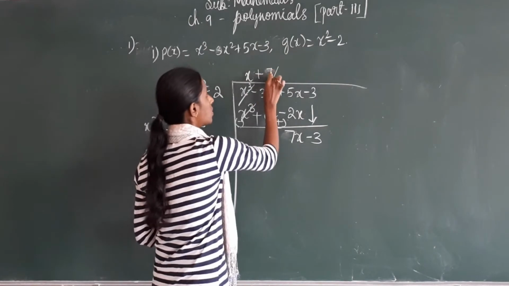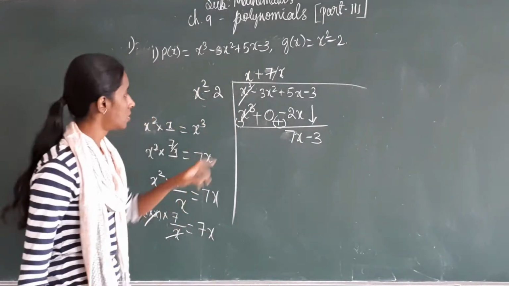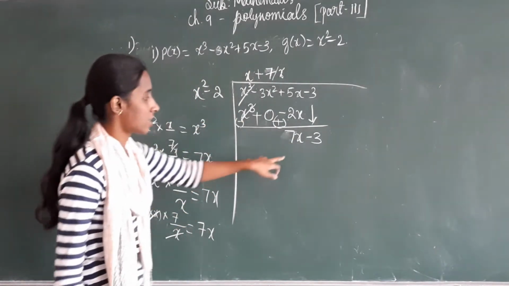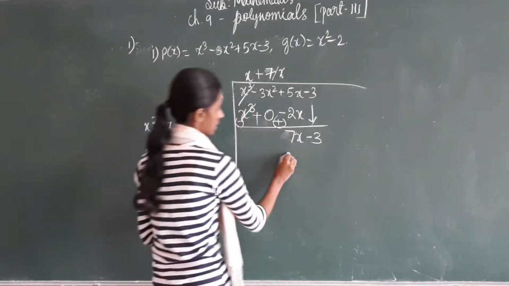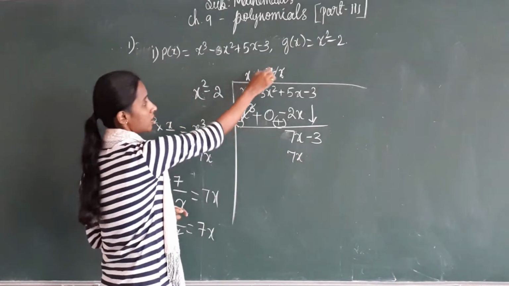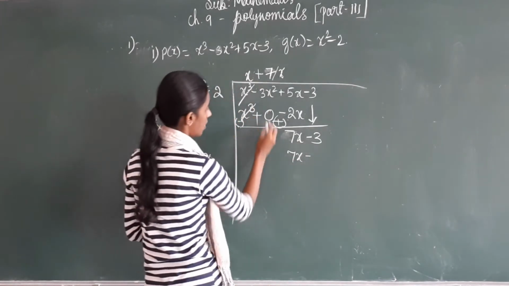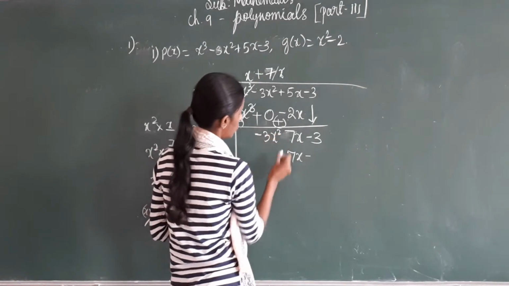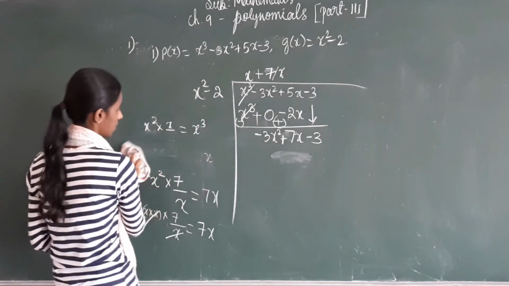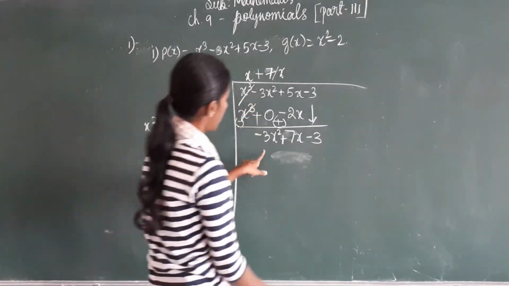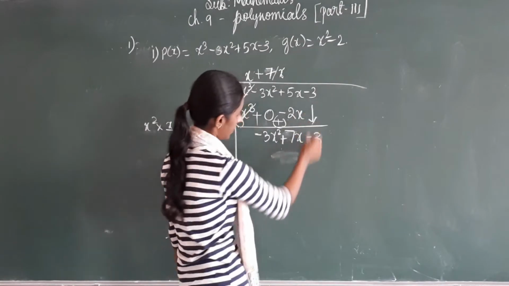x square into 7 by x will give you 7x. Okay. Next, minus 2 into 7 by x is minus, oh sorry, I forgot, minus 3x square. Here you have minus 3x square, right? So as it is, minus 3x square plus 5 plus 2 is 7x minus 3. Now,